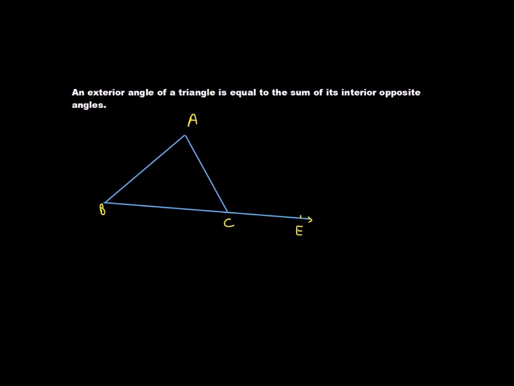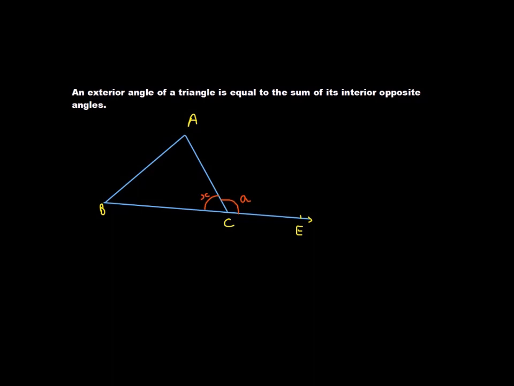Okay, next let us discuss about the exterior angle property of a triangle. Here I have taken a triangle ABC and I have extended its one side BC. Because of this extension, I get an exterior angle here, say A. Now for this A, the angle inside triangle ABC, that is interior angle C, is making a linear pair with A.